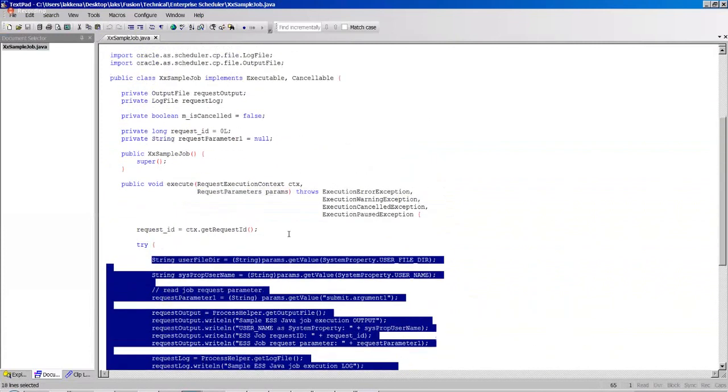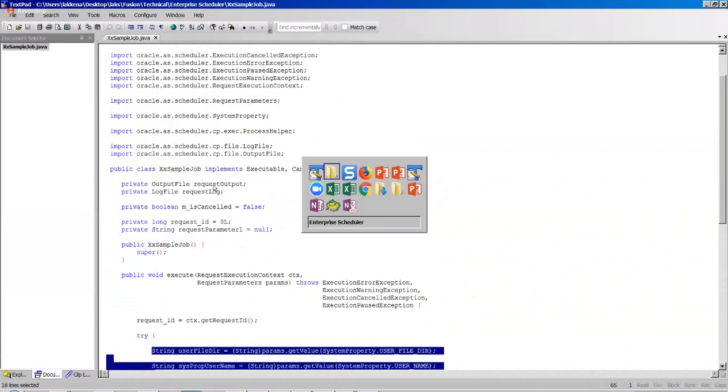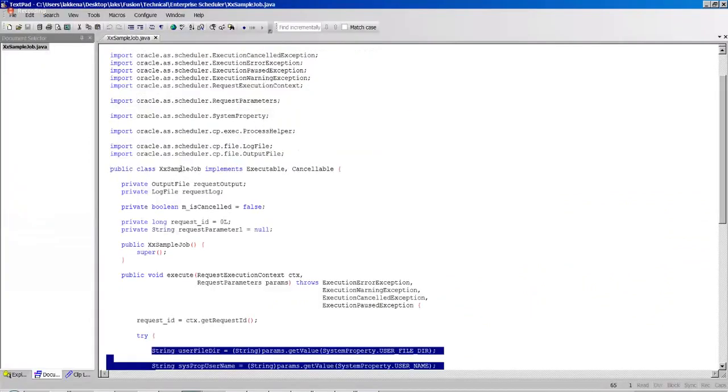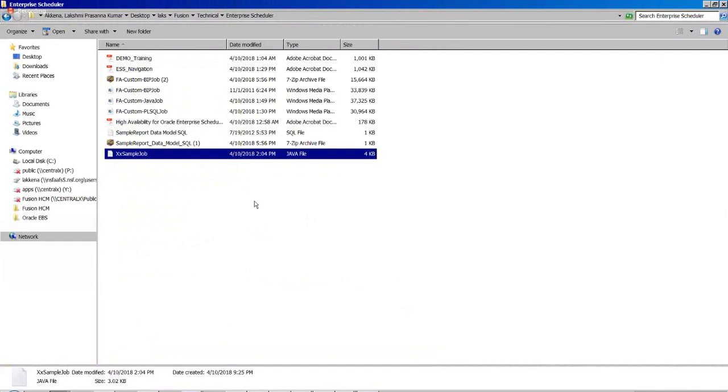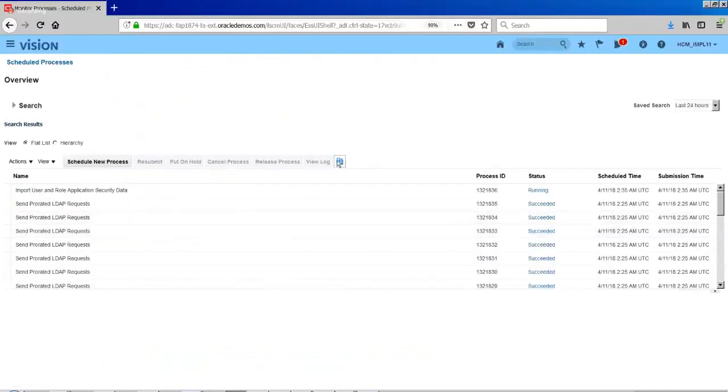That is another requirement. Once you create a Java program, you typically create a jar file, deploy the jar file, and then register that class file as an ESS program unit. Okay, it was successful.